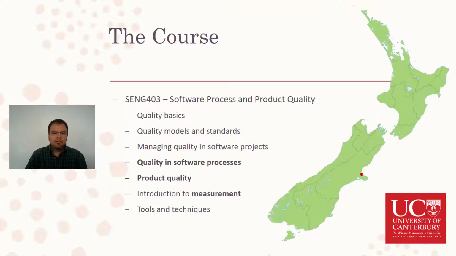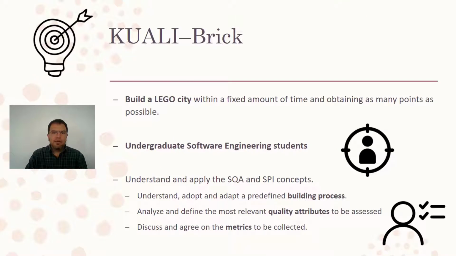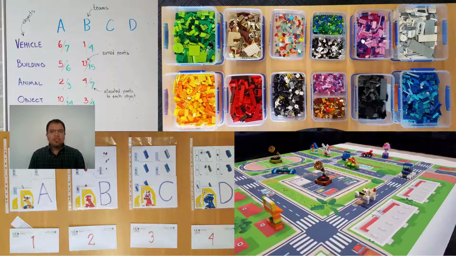Particularly relevant are the process and the product perspectives for KUALI-Brick, which is a Lego-based activity whose objective is to build a Lego city within a fixed amount of time and obtaining as many points as possible. In a nutshell, the KUALI-Brick session is designed to be carried out in 100 minutes and consists of 3 to 4 iterations. It has 3 main stages: the setup and presentation stage, when the instructor has to arrange the room,